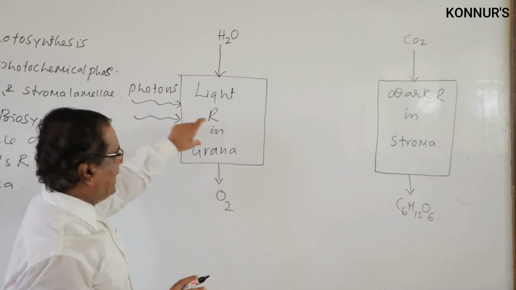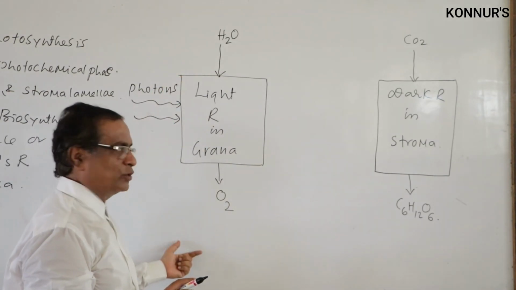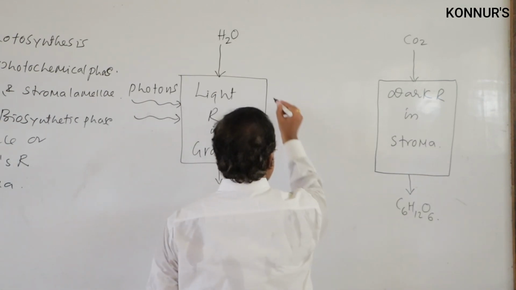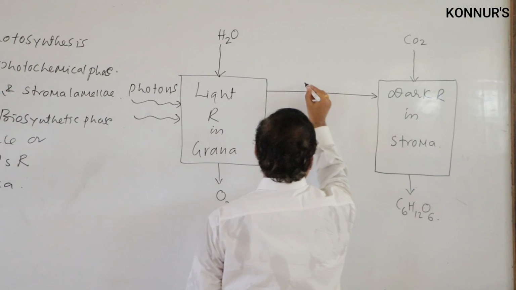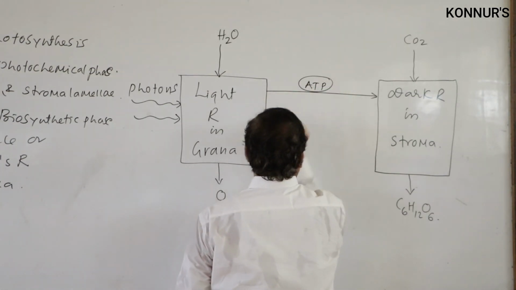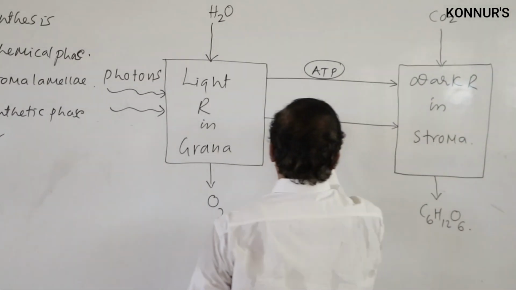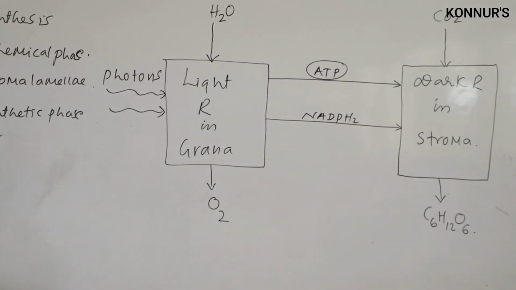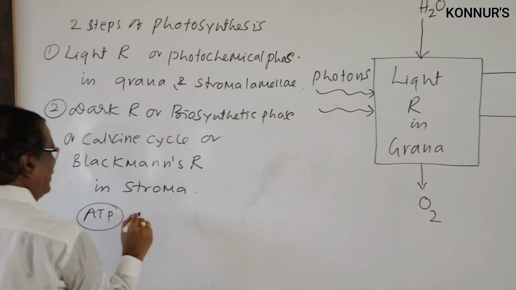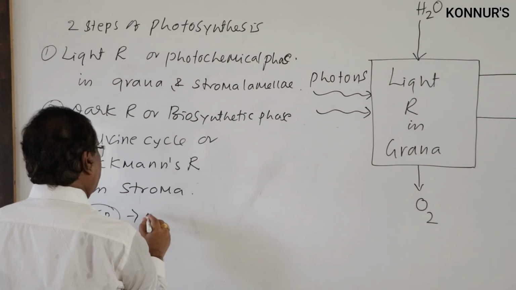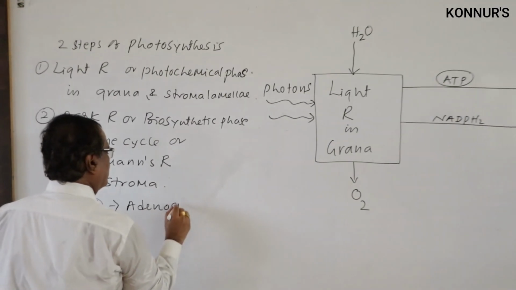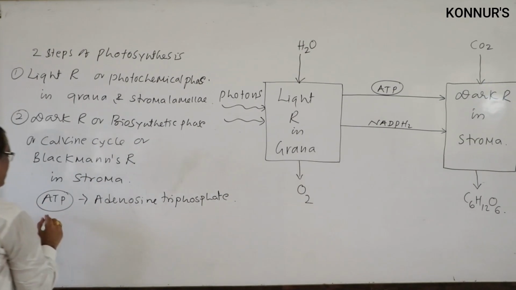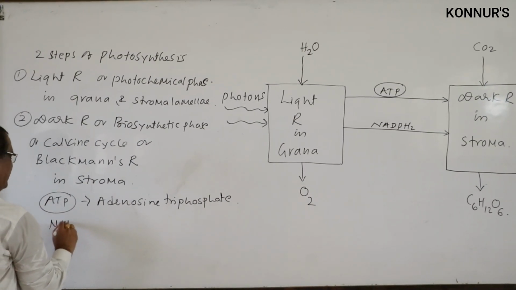And here light energy enters, water is oxidized to oxygen, and two interesting molecules are formed. Those are, one is ATP, another is NADPH2. ATP, you know about, is a biological currency or energy coin. Adenosine triphosphate, and NADPH2,